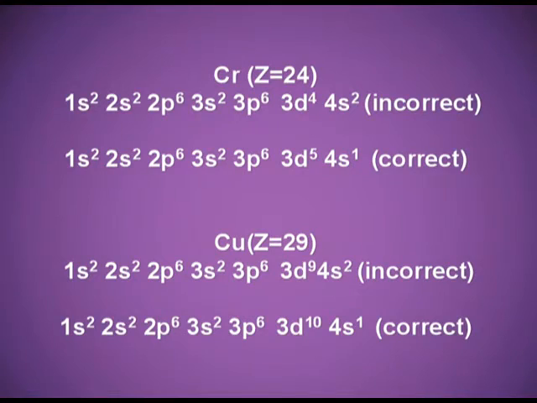compensates that energy requirement. The other example is copper, atomic number 29. Let's see its electronic configuration as per the three rules: 1s2, 2s2, 2p6, 3s2, 3p6, 3d9, 4s2. It is incorrect again, because after transferring one electron from the 4s orbital to 3d, 3d becomes 3d10 and then